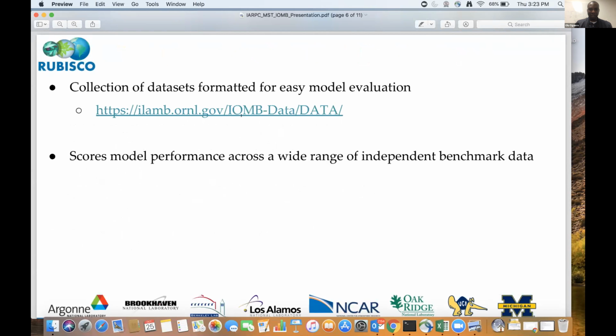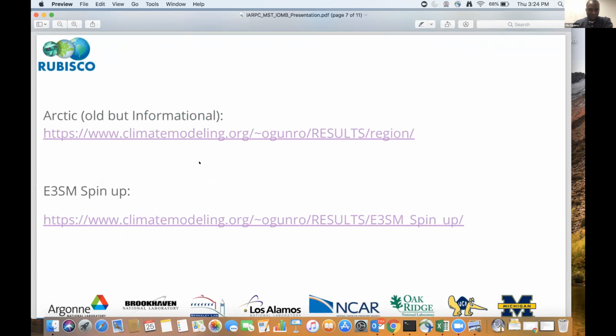So here's the link for the data. If you're interested, you click on that. You can see a couple of data sets over there. And then if we happen to get a data set from you, we could encode that data set to make it CF compliant. I think there's a tutorial about that as well. So basically what we require is the time, the longitude and the latitude, and then give us the bounds of it, just to make it a basic CF compliant data set in NetCDF, so that we can use it to evaluate the model. So I'm going to walk you through these two links very fast.